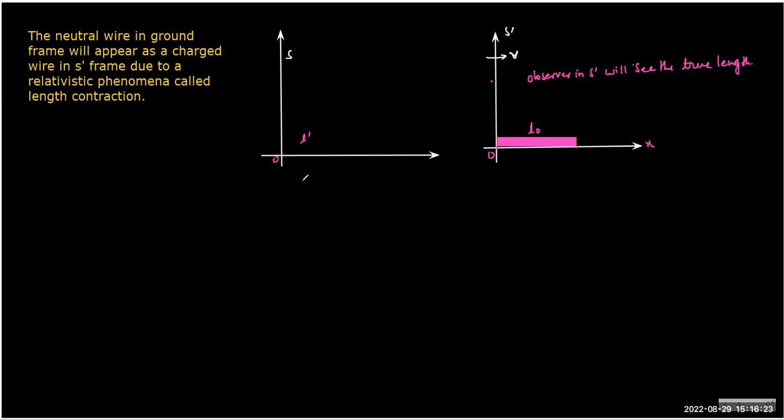Rather, it will be less than L naught, and this phenomenon is called length contraction. So we say that L will be equal to L naught by gamma. So a moving rod will appear shorter to the observer at rest. Okay. And this is called length contraction,